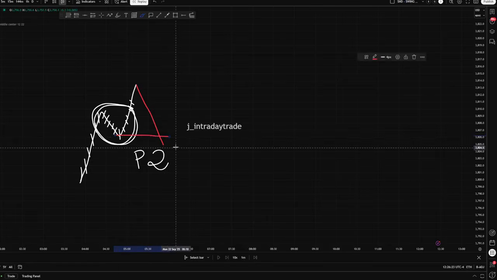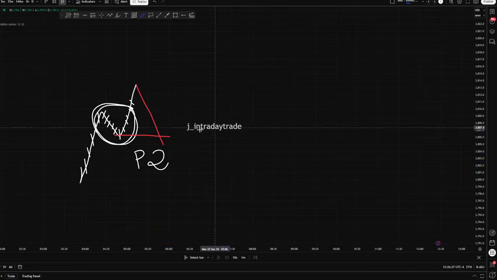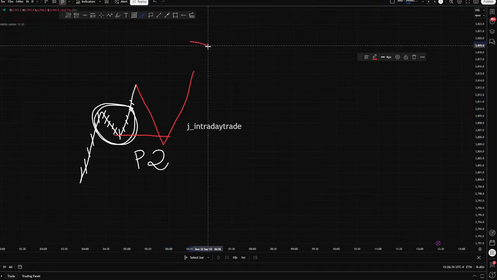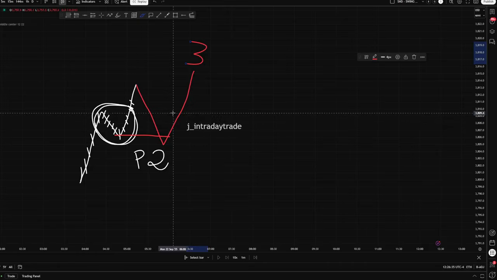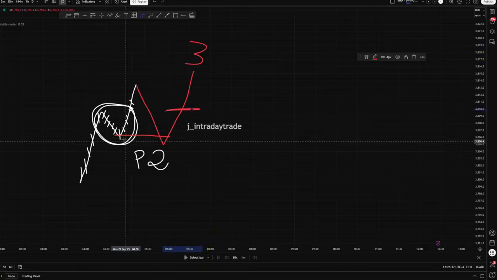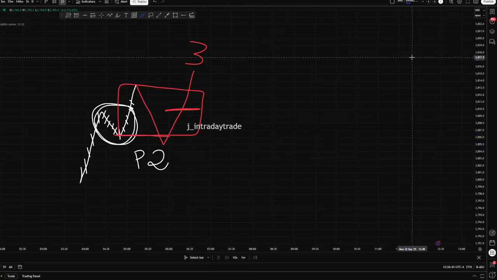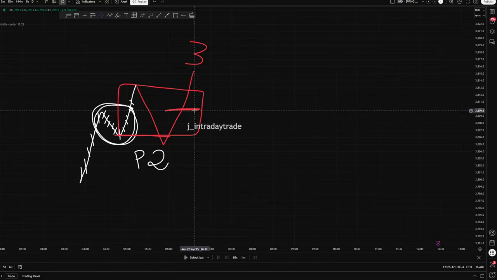But when we sweep this, everybody is going to think that price is going to do that. But that's not going to be the case. What price is going to do is do this to create that three. Because guess what, guys? Guess where I usually got stopped at? Right here. Because now price has shifted in order flow. So price moves up here and should move out, but it rarely does. According to, at least how I read it, if you can say so.